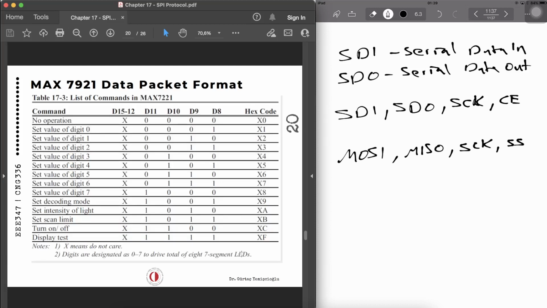And the data packet format is shown here. You don't need to memorize anything over here. You just need to know how it is going to be operated. If you want to set the value of digit 0, you just use this command, X0001. Or if you want to set the decoding mode, you use X1001, which is X9. Then there are scan limits, turning the displays on and off, and so on. These are important if you want to